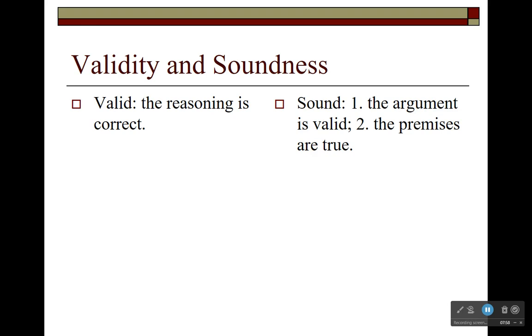Suppose that you falsely believed that Dallas was north of Amarillo. And suppose that you falsely believed that Amarillo was north of Denver. Okay, well, given those two false beliefs, what would be a rational inference? What would be a reasonable inference? What would be a logically correct inference? If you were to infer from those two statements that Dallas is north of Denver, that would be a logical inference. That would be a valid inference. You would be reasoning correctly on the basis of the information that you have. The information that you have turns out to be false, but you were reasoning correctly. You were applying correct logic.